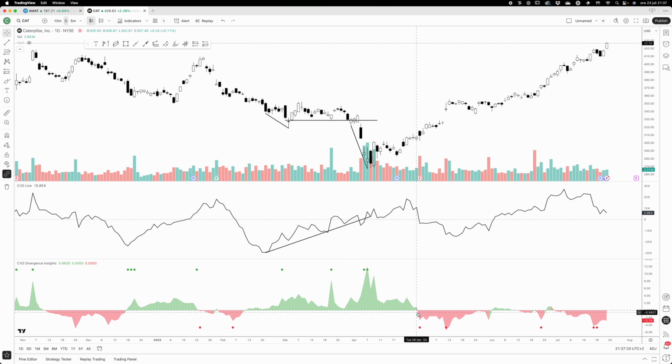And look at this. Now we have a change on this Insights indicator. And you can see it here in the CVD as well. It's going down and price is going up. So now the bears are suddenly failing to push price down, and they are trying. And here they're trying a whole lot and not managing to. They get a little bit of traction here, but then price starts moving up again with